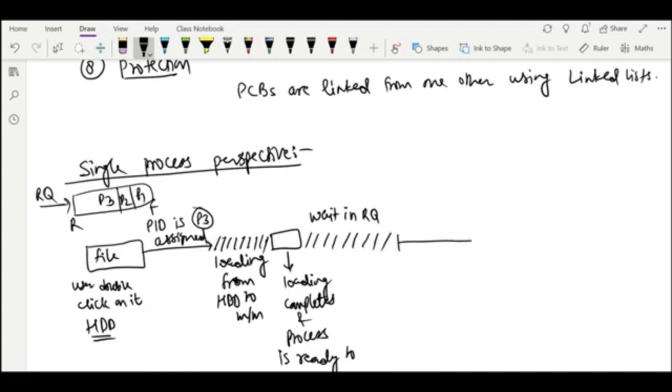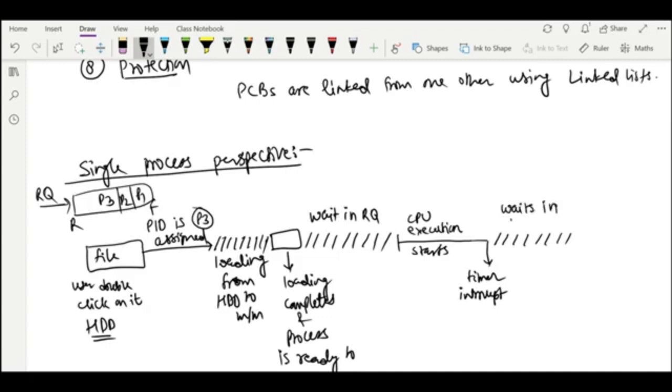Now when the turn comes for execution, the CPU will be assigned to this process and CPU execution will start. And let's say after 5 milliseconds a timer interrupt occurred, or maybe some other interrupt occurred. So when the interrupt occurred, it will go back to the ready queue. We will see this in the process state diagram in some time.